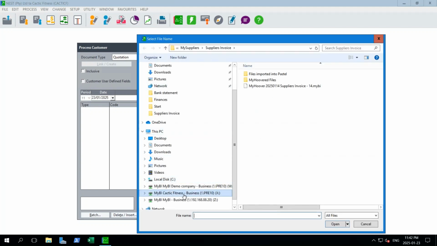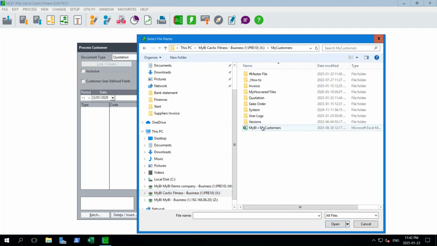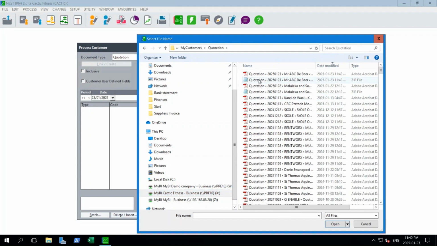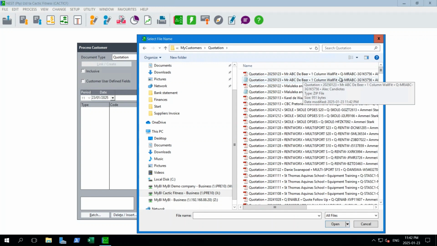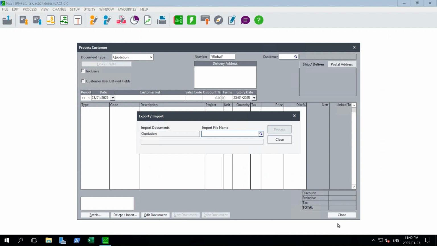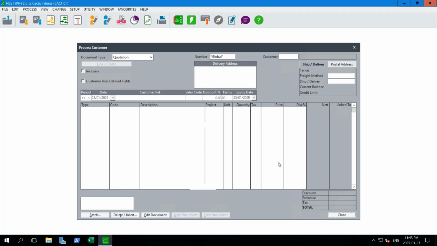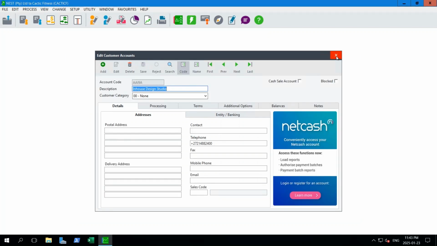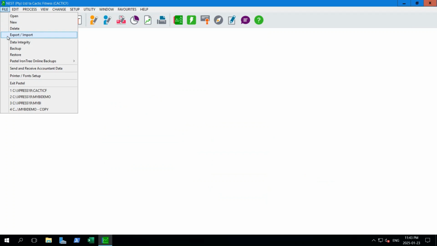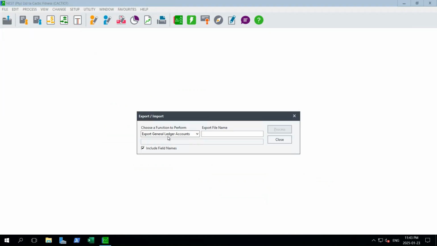So I'm going to go into this environment, MyCustomers, and quotations. And you'll see there is that one we just created. It's called Mr. ABC de Beer. Okay, once we import this, it's actually going to give you the message saying a customer doesn't exist, because we created a new customer. So what do we do? Basically, just go quickly to File, Import, Export, import a customer account,